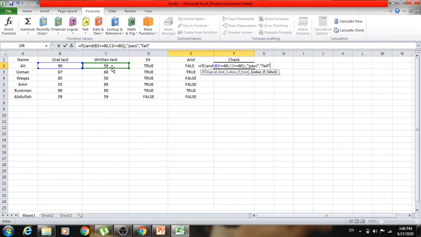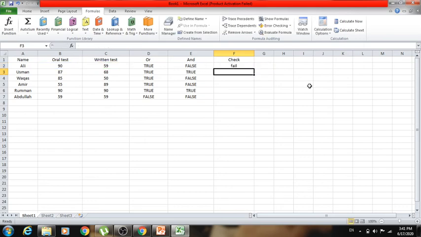Okay, so we have opened 3 brackets, and we have closed 2, and there is one more bracket remaining, so we have to give one more bracket, and that's all. He is failed because he has got 59 marks in one subject. All right, so that's why he is failed, and we can do the autofill option.